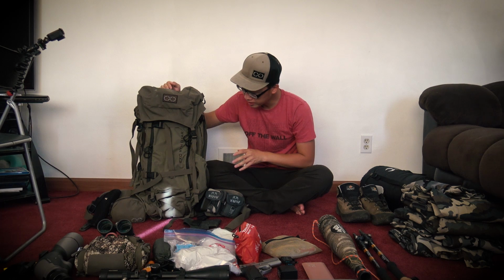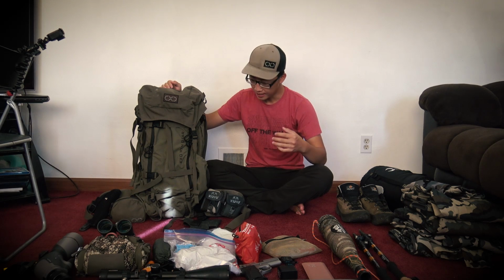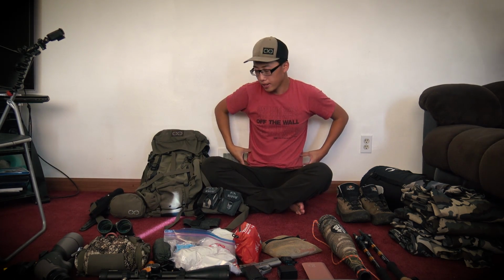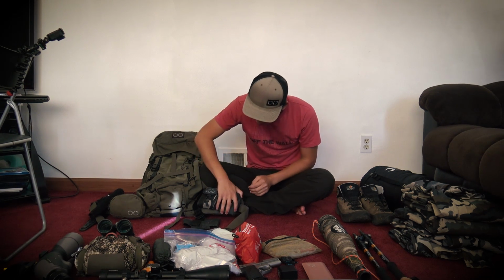When I go hunting, depending on what I'm hunting and my style of hunting, the biggest thing that is going to change for me is my hip belt configuration. The hip belt is so versatile and I like to have a lot of my gadgets ready to go. When I wear my backpack, the hip belt will be wrapped around my waist. It's an easy way for me to access things I need. So right now, I have